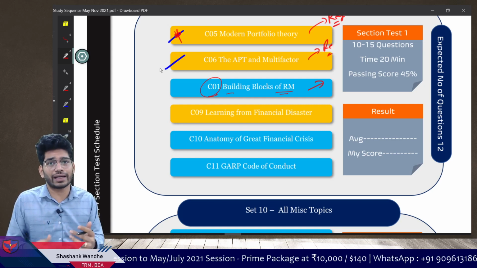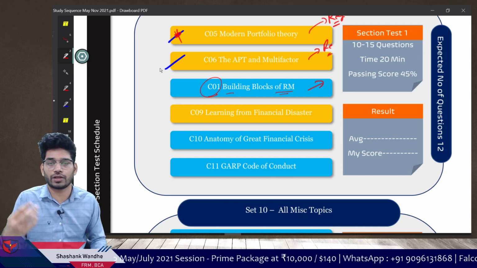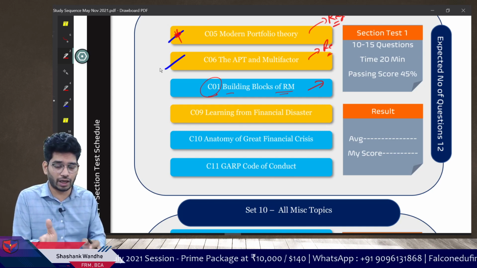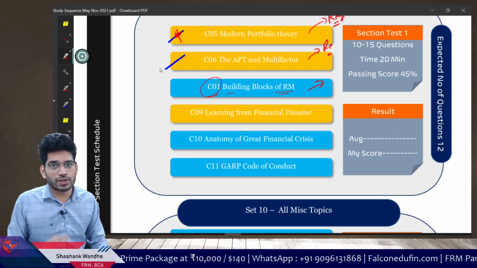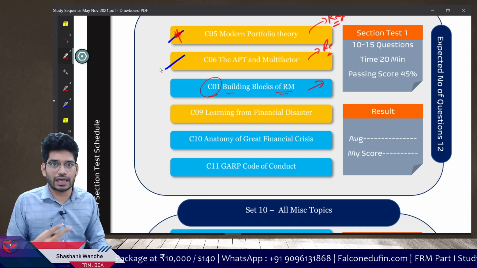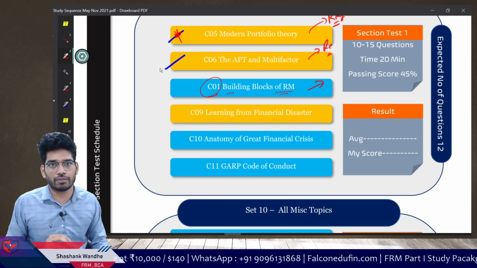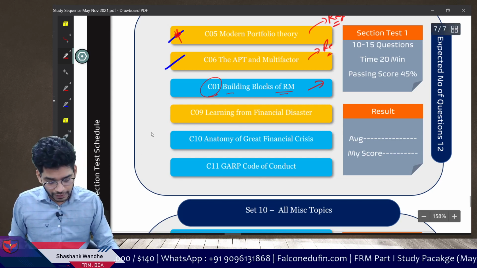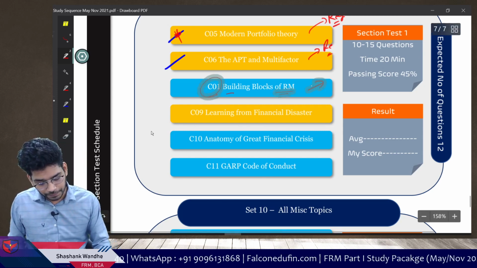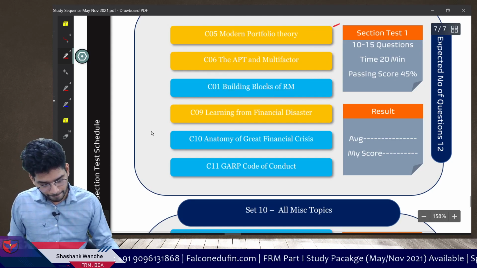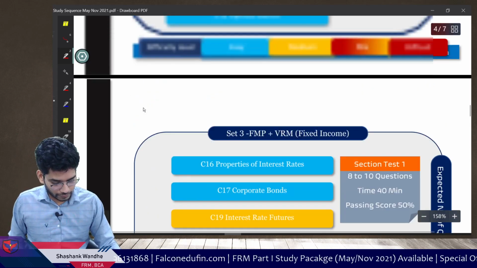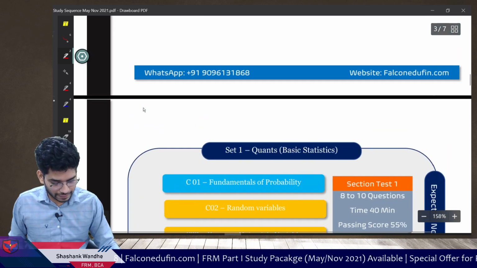Second, when you are not getting stuck in all these details and you are moving smoothly across the syllabus, you will be able to save your time. So there are 2 advantages. You will get better understanding and you will be able to save a lot of time if you follow the self-study sequence. Okay, so let's start with the specifics of the self-study guide.